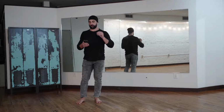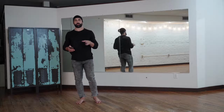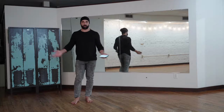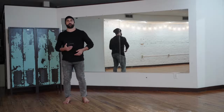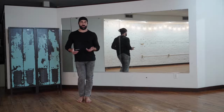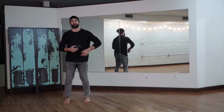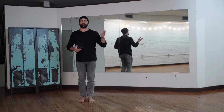So if we have just the bass, 4 and 8. 8, 4, 8, and that again corresponds to the steps to the side. 8, 4, 8, 4. If we had our drums, boom boom, back tiki, boom boom, back tiki, boom boom, back tiki, boom boom, back tiki, boom boom. So instead of counting this one,